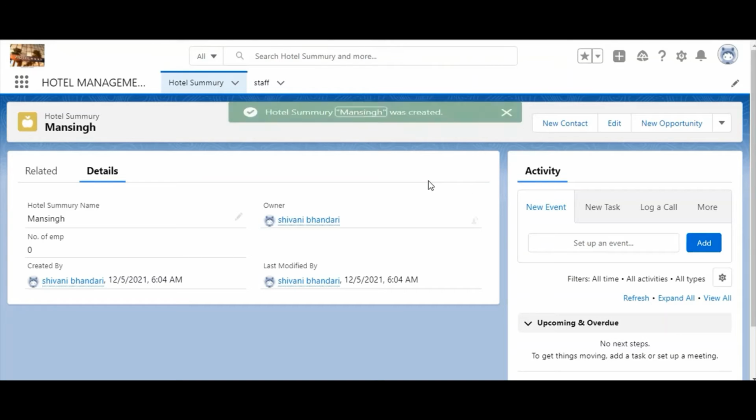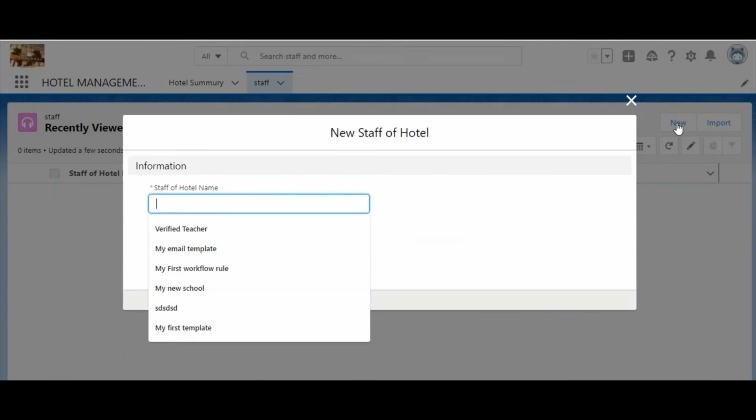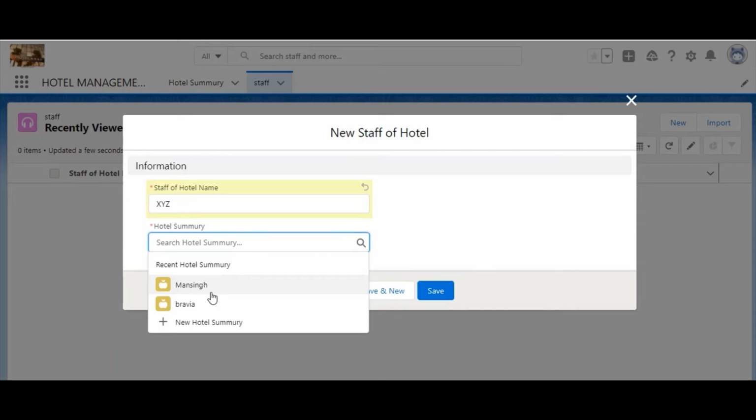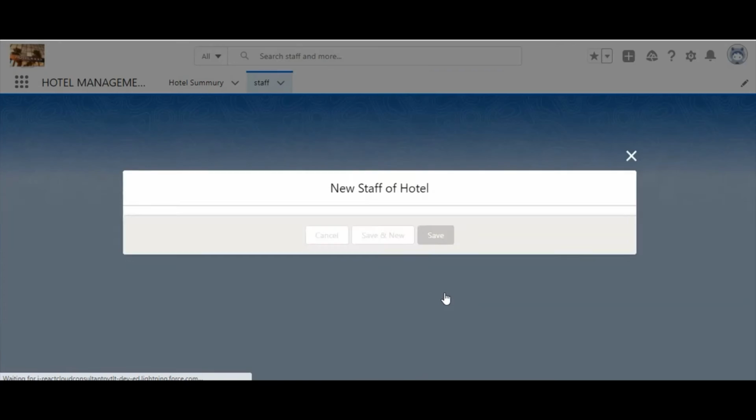Now we will create another record in staff. Click New, and we'll name the staff name as XYZ, and the hotel summary as Bravia, and click Save.